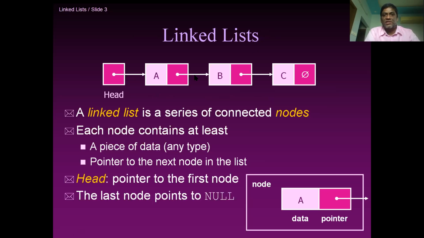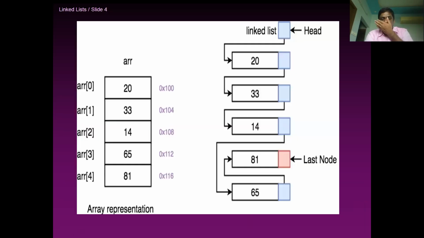Now let us compare this with an array. So if you look at an array, when you create an array, elements are stored in physically continuous memory locations. If you see this, 100, 104, 108, 112, 116, these are the memory locations, assuming that integer element takes 4 bytes of memory. The first element is stored in the first 4 bytes, second element next 4 bytes, and so on like that. If you observe the memory locations, these are the addresses of memory locations. These are physically continuous, right?